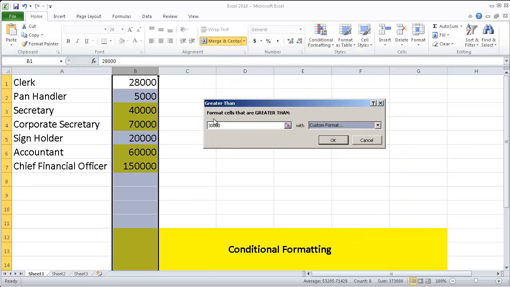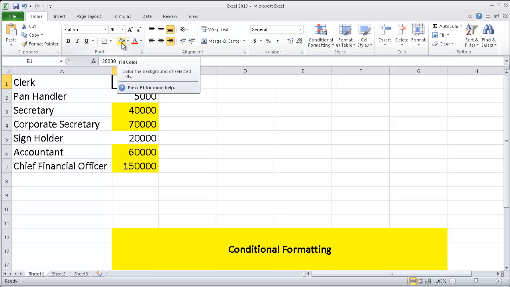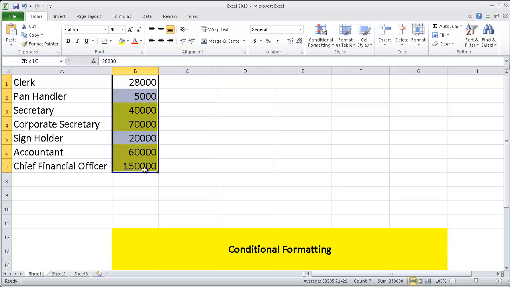So what's happening here is the cells that are greater than 30,000 become yellow. Click OK. So you're like, big deal, that's not so special. I could have done that myself by manually clicking on a cell and just changing the color with a fill color. But the nice thing is that because we applied the conditional formatting to all this information, as information changes,